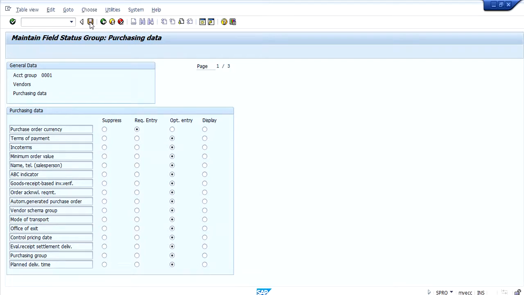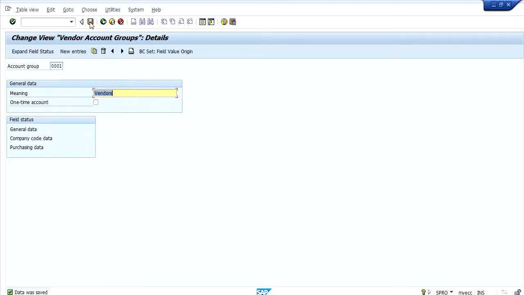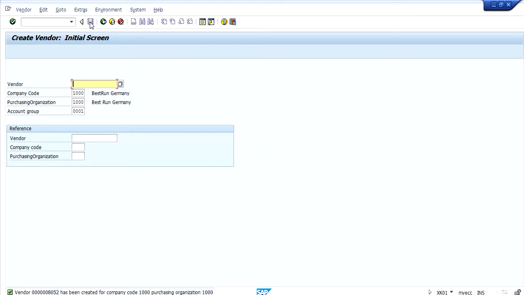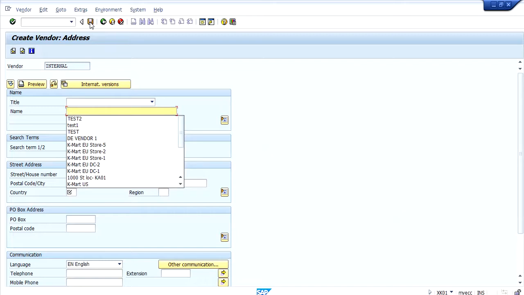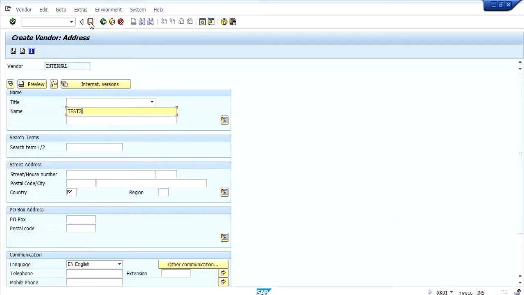I am keeping this as optional. So now let us try one more time and create the vendor master record. If you could see here, now the system is not prompting to give postal code as a mandatory input. Now it has become optional.